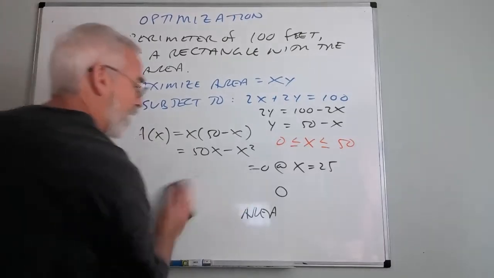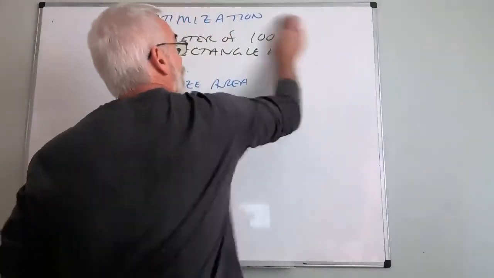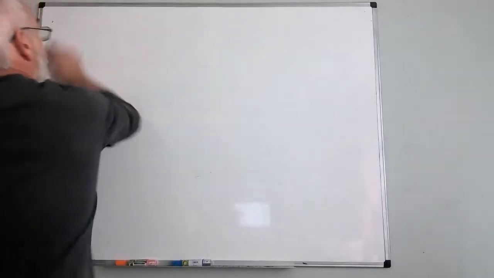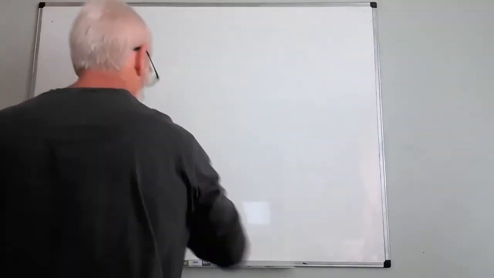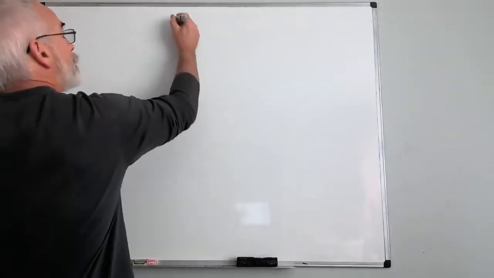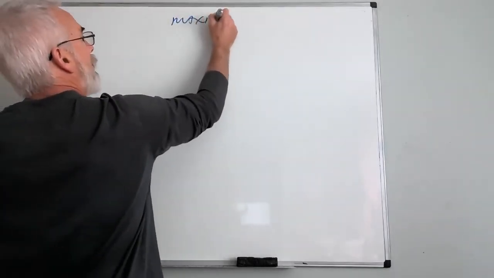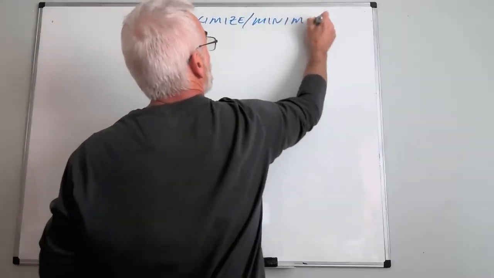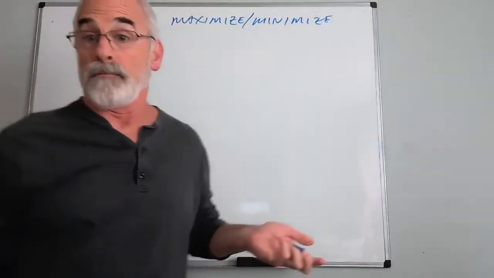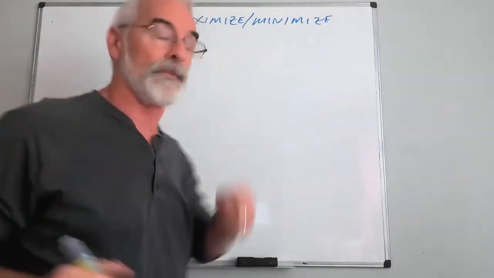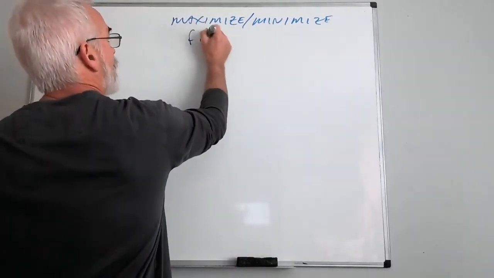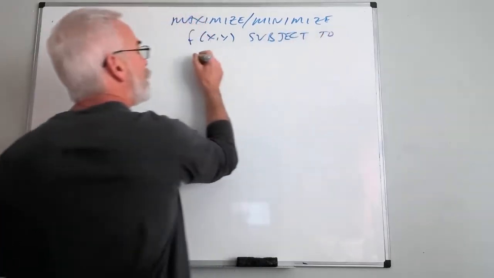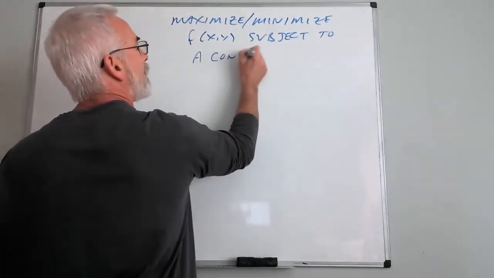All right, so now we're going to get into the theoretical part, because we've got to derive. I'm not going to tell you how to do it. We're going to derive how to do it. All right, so here's what I want to do. I want to maximize or minimize. That means I want to find the extrema, maximize or minimize, or both, because I might have both a maximum and a minimum. Some function, let's call it f of x, y, subject to a constraint